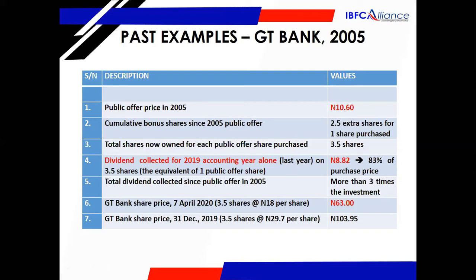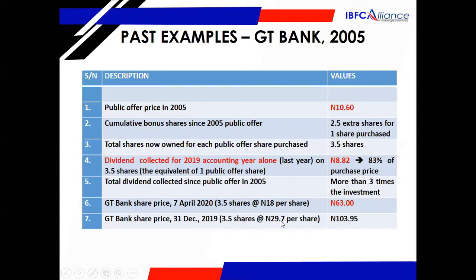So the person invested 10 naira 60 kobo, and in 1 year alone collected 83% of the investment as dividend, right? Now, if you do the math and look at it cumulatively since 2005 up till now, the person has collected about 3 times the investment as dividend. Now, as at 7th of April, the share price per share of GT Bank was 18 naira,